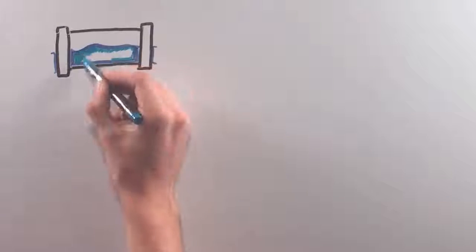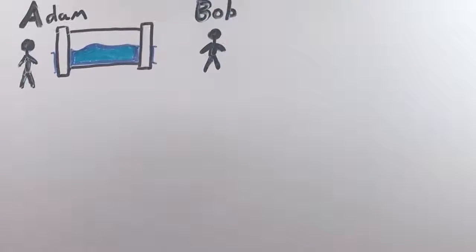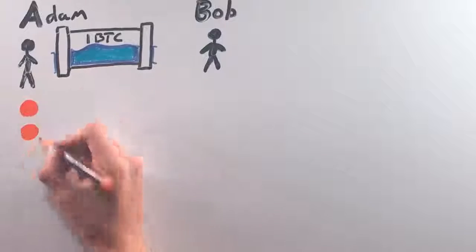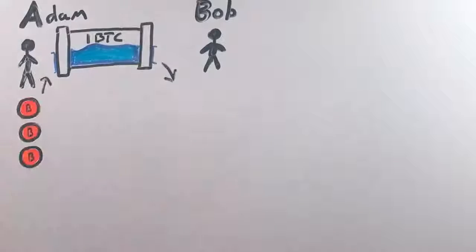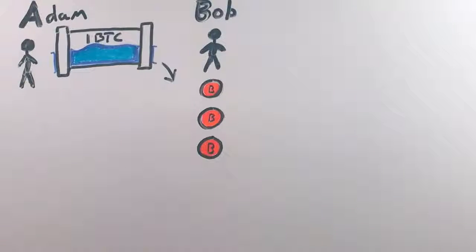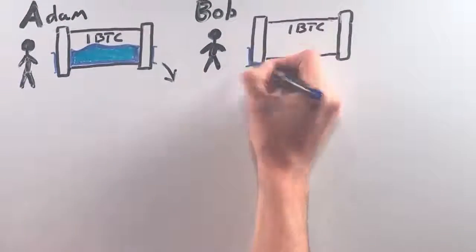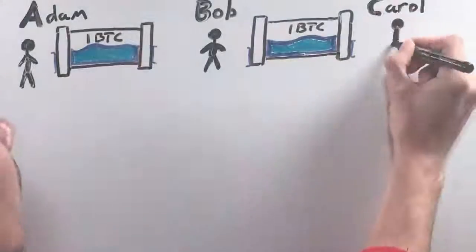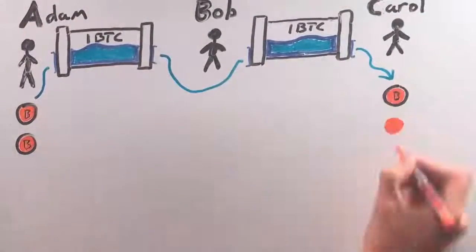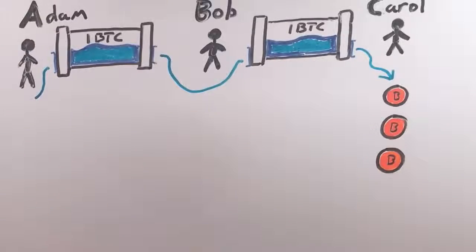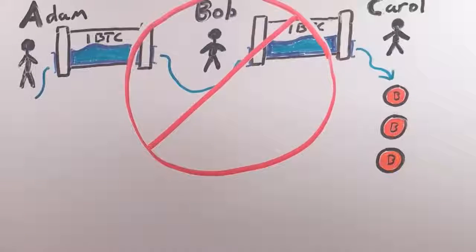One of the most common misunderstandings is that payment channels work like plumbing, and the transactions flow through like running water. For example, if I'm Adam and I have a channel with Bob for 1 Bitcoin, I can transfer 3 Bitcoin from my Lightning wallet by sending a 1 Bitcoin Lightning transaction 3 times. If I want to pay Carol the 3 Bitcoin through Bob, the series of transactions flow from me through Bob and finally making it into Carol's Lightning wallet. This would actually make sense and work more like other network routing systems we have today, but the Lightning Network